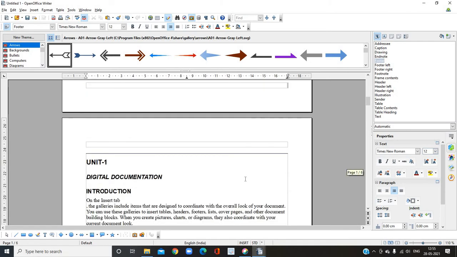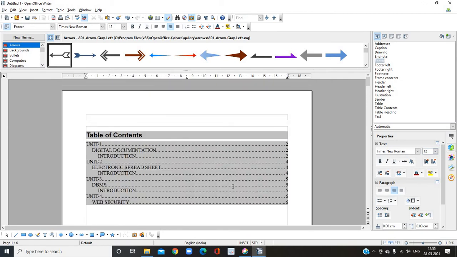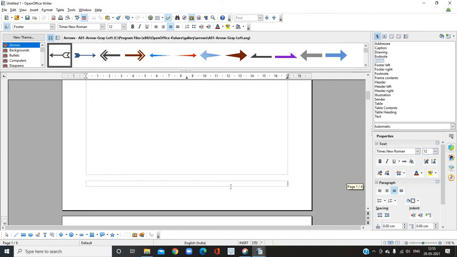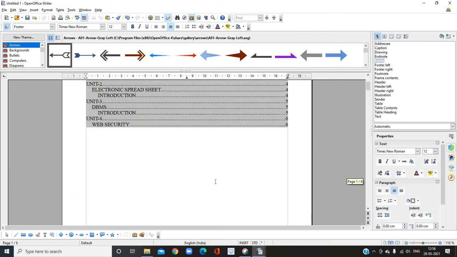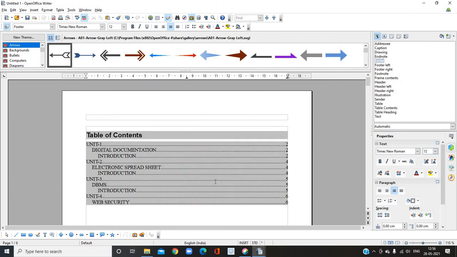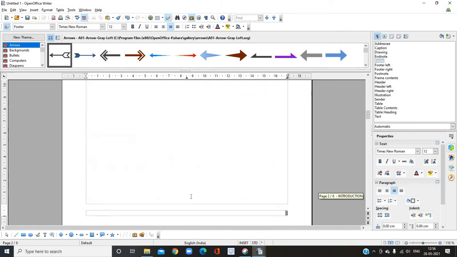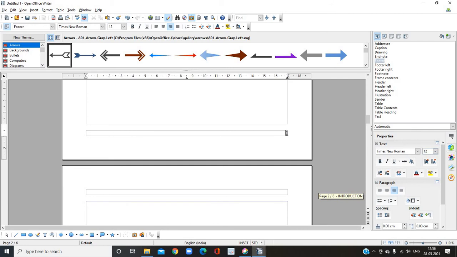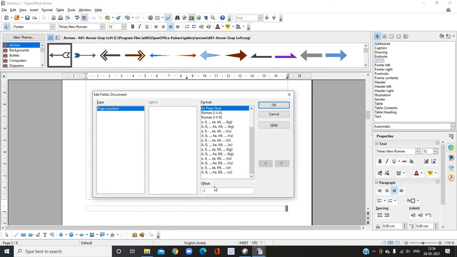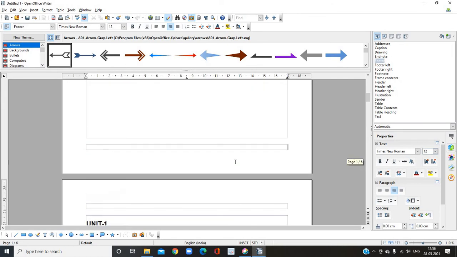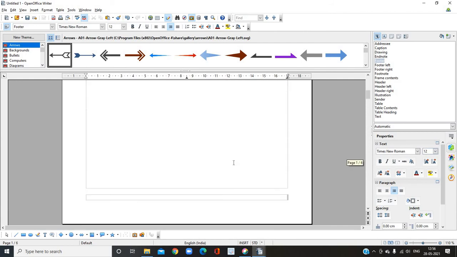Then see, no page number is being displayed for the table of contents page. For example, if you have two pages like certificate or acknowledgements, and you want to leave two pages without any page number, then what you have to do is go to the offset field again. If you give -2, what happens? Two page numbers will be left. Two pages will be left without any page number.